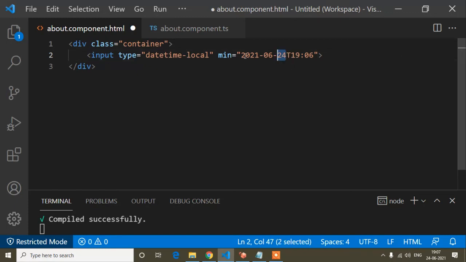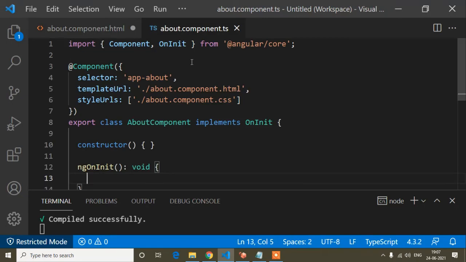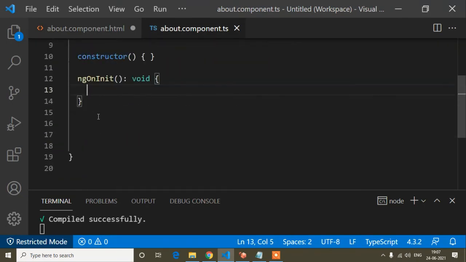So for that, guys, I will bind this using a variable. I will write this in the ts file, just below ngOnInit. I will write a variable named min, and for the min type I will write any, which means you can write any value here. You can write a number, like this, or a string value, like this.